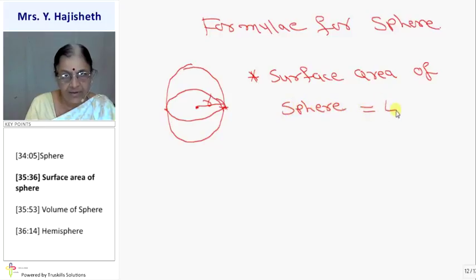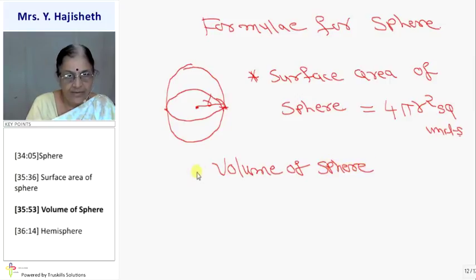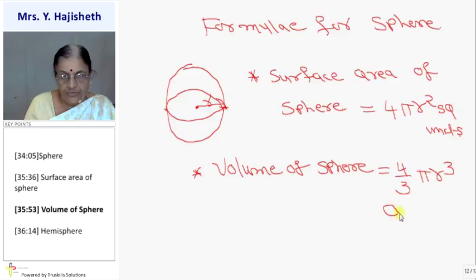It is given by the formula 4 pi r square, square unit. And volume of sphere is 4 by 3 pi r cube, cubic unit. Okay,